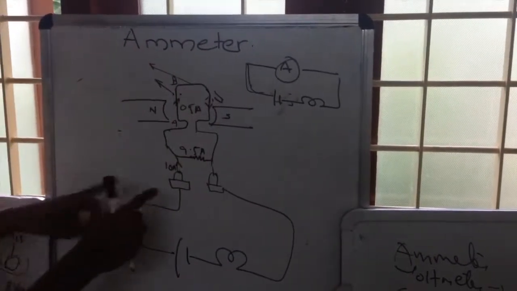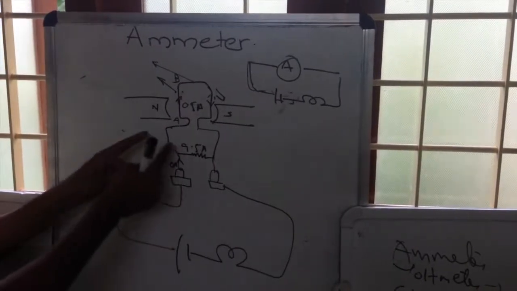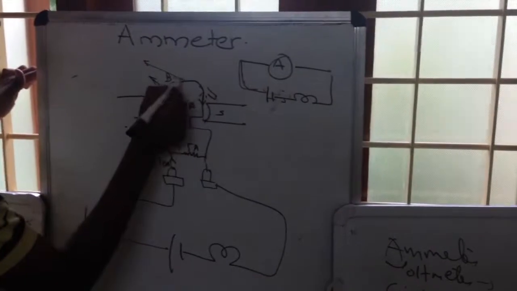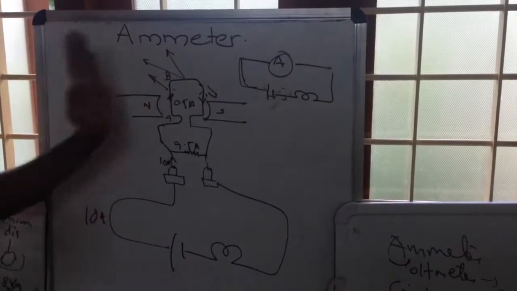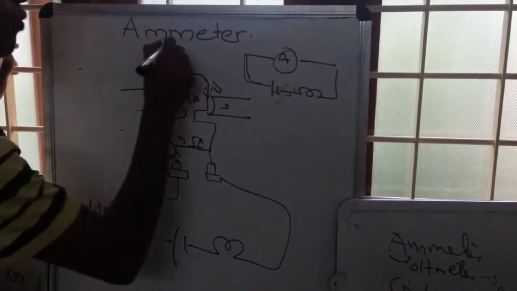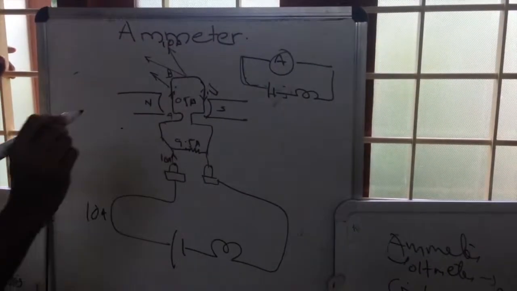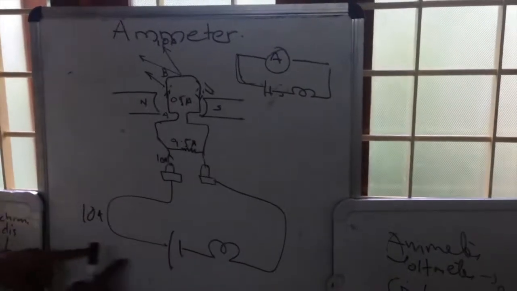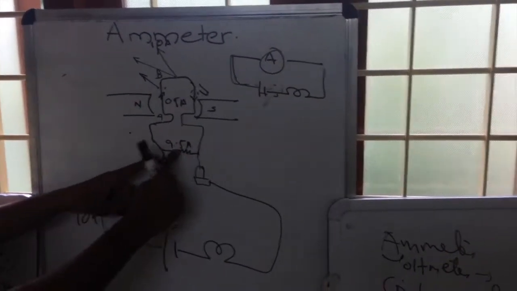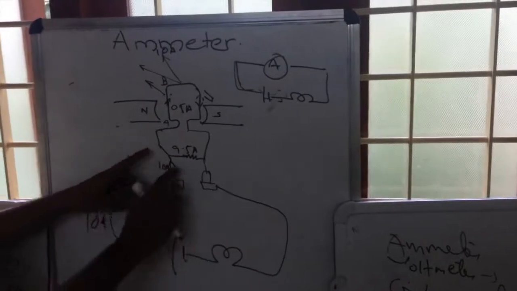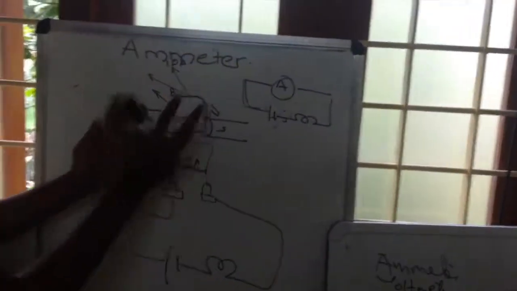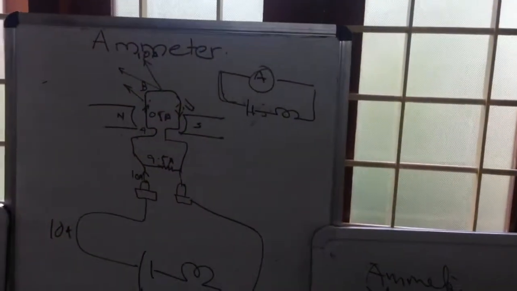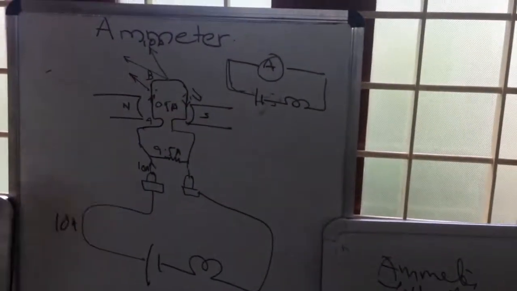We are calibrating, we know we have sent a 10 ampere current. So when 10 ampere current is flowing, this needle will deflect. Suppose the needle has reached here, then I will mark that point as 10 ampere. After that, whenever I am connecting a circuit like this, whenever 10 ampere comes here, 9.5 ampere will go through this path. The remaining 0.5 ampere will cause a twist, which will cause this needle to reach the indicated 10 ampere position. That is what we call an ammeter.